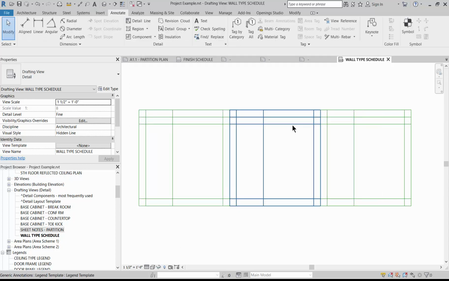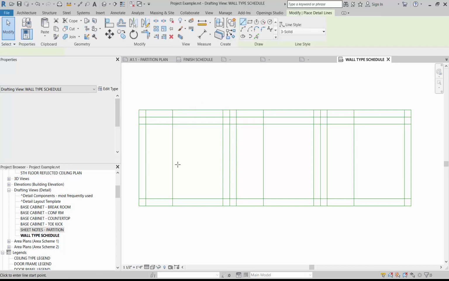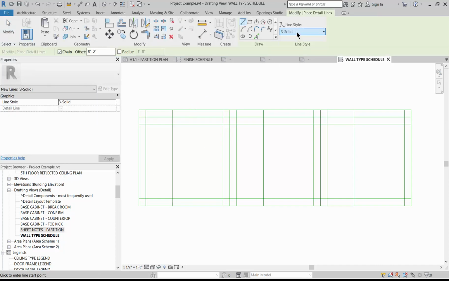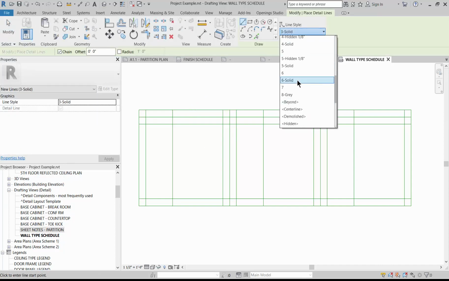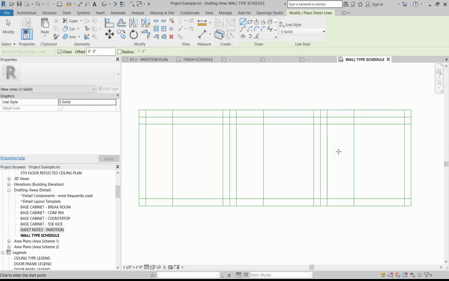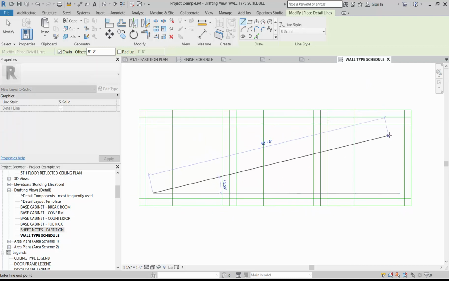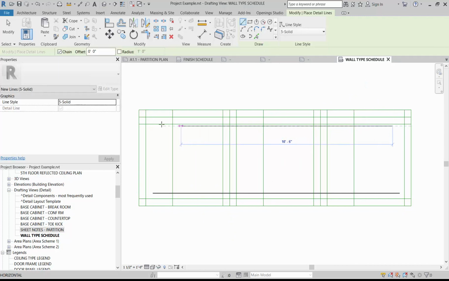So now, having loaded all of those families, I'm in my Annotate tab, and the first thing I'm going to do is use the detail line to denote the perimeter of what we're drawing. With the thick ground line, which was our 5 solid, I'm going to draw the ground line not quite at the edge of the view. I'm going to leave a little bit of space and draw where the ground line is going to be across. And then along the top,